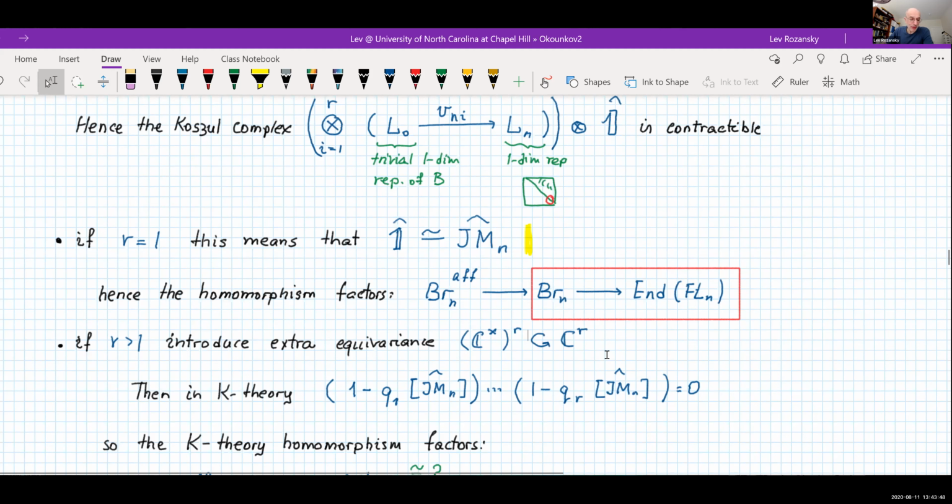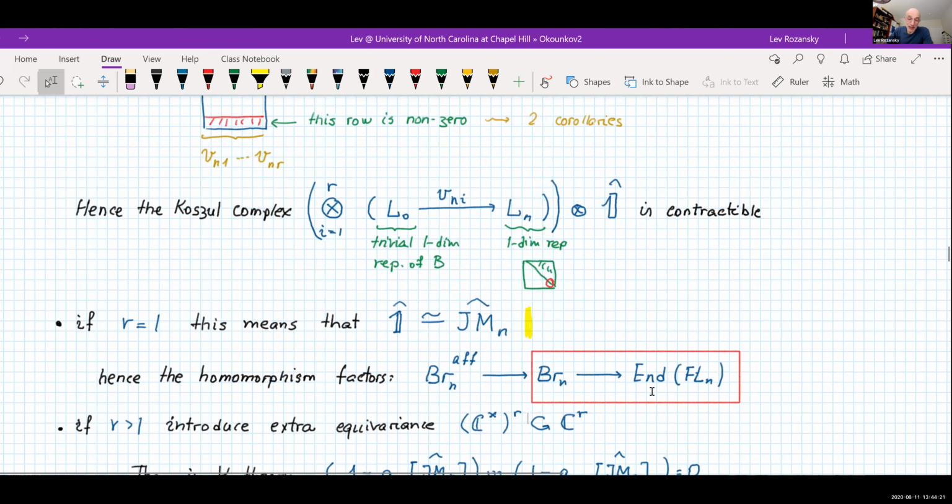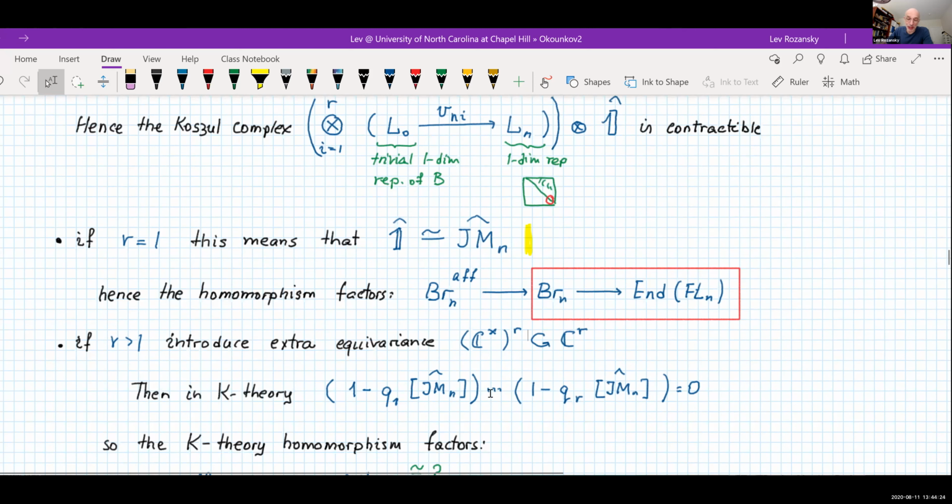Okay, if R is more than 1, so if we have genuine instantons, then we will play Andrei's game to get something interesting. So let's introduce extra equivariance acting on the framing space C^R. I think the most appropriate thing would be to put there a flag and so get a Borel equivariance. Here I put a C star, but I think better would be Borel. Here it doesn't matter. Then this contractible Koszul complex, K-theoretically, would mean a relation between the classes of these